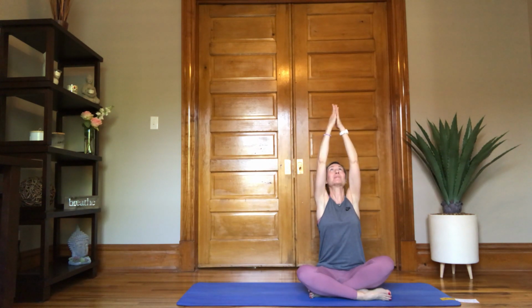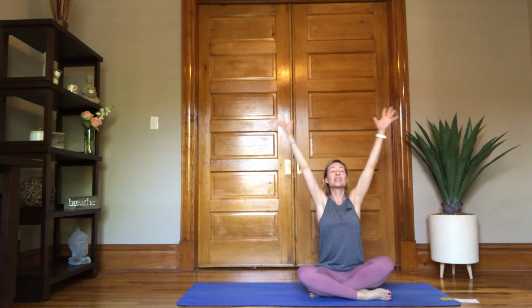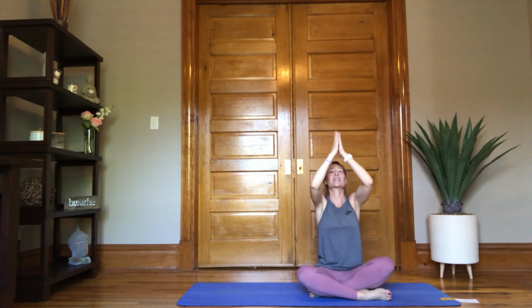Inhale the arms up by the ears, look up if it feels good, let the palms touch. Exhale to heart center. Keep your palms together, send them back up. Slowly lower arms to your sides. This time, inhale up, reach up, grab all the energy you need for the rest of your day. Bring it to your heart